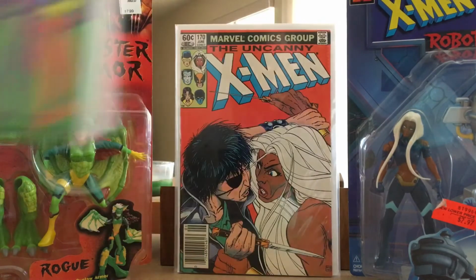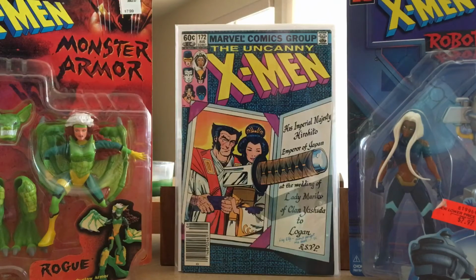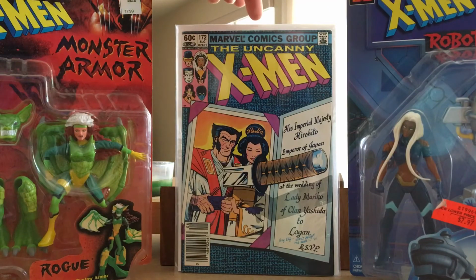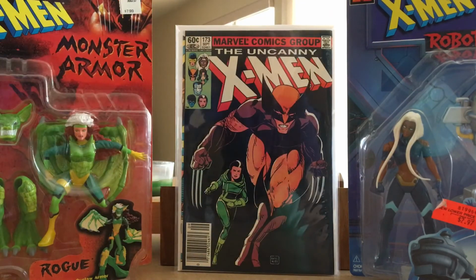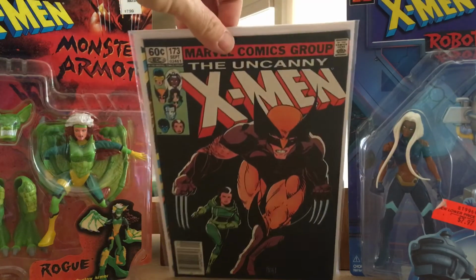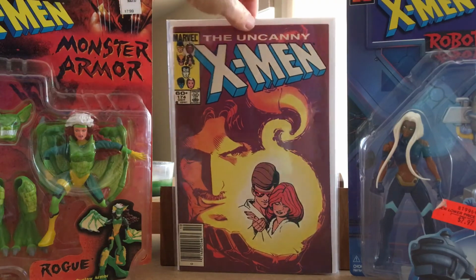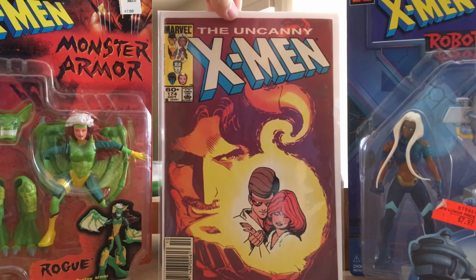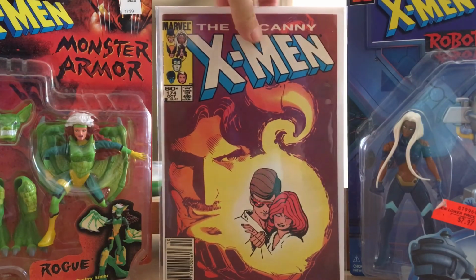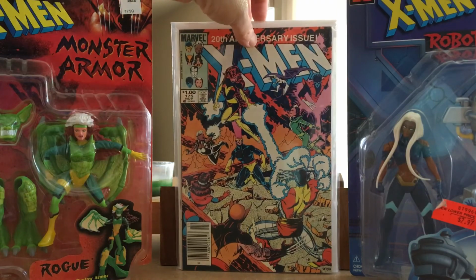167, 170, no 171, so 172, 173, 174. Nice minor key. This is the first Punk Storm. So every time I see these, as long as they're in decent shape, I'll try to pick them up. 175, and finally